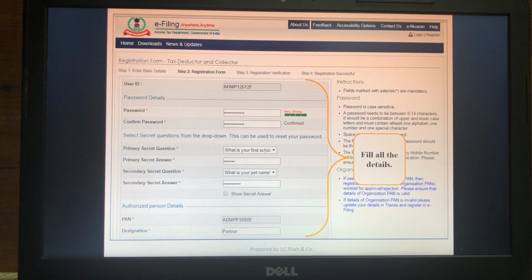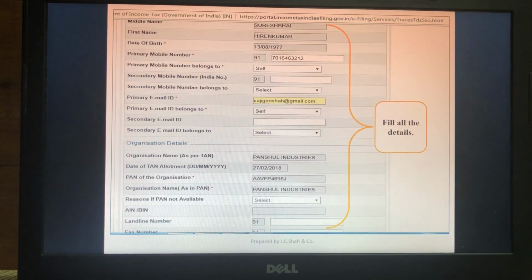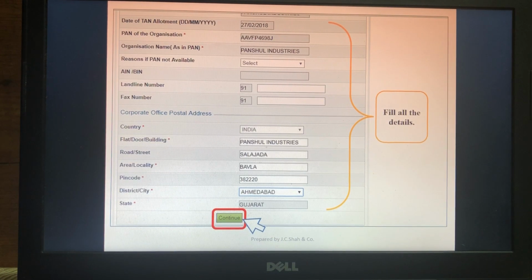The TRACES website would take you to the Income Tax Portal again. Once you are redirected to the Income Tax Portal, you have to fill up the necessary details such as the password, secret question, authorized person details, and the name, mobile number and address of the business place. Then click on Continue.